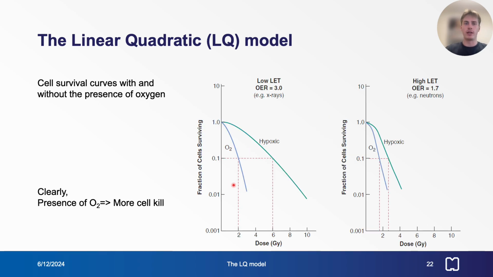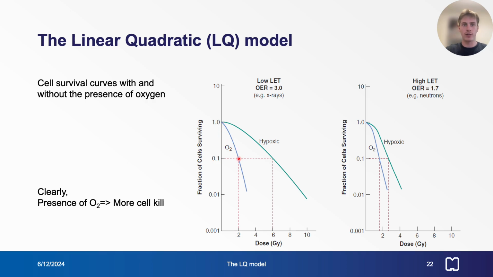Here are some diagrams which compare low LET and high LET radiations and different OERs. OER corresponds to oxygen enhancement ratio. Now we can infer a couple of things from these cell survival curves. First, the presence of oxygen increases cell kill for a given dose. If we read off here the 2 gray, the presence of oxygen results in a lower fraction of cell survival,